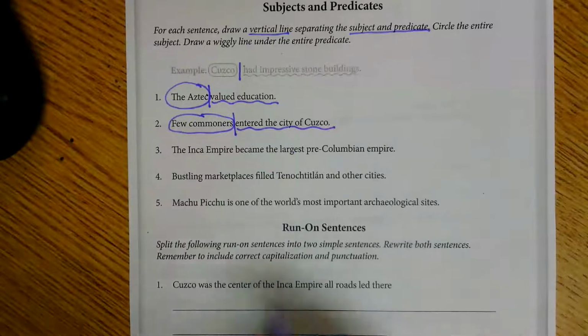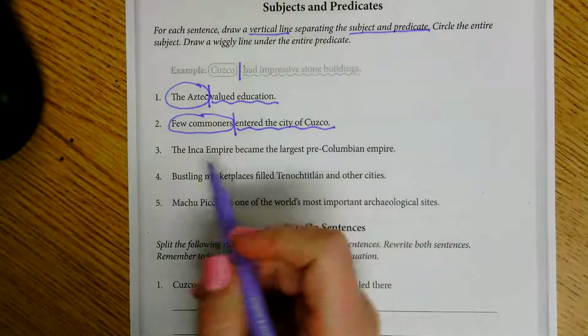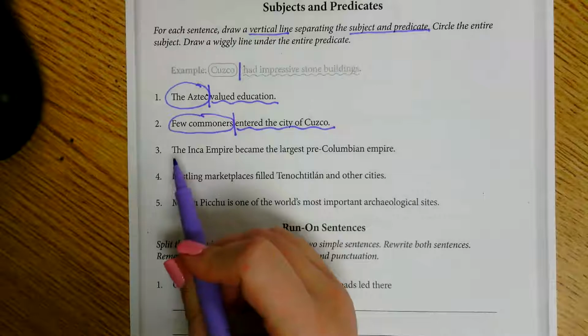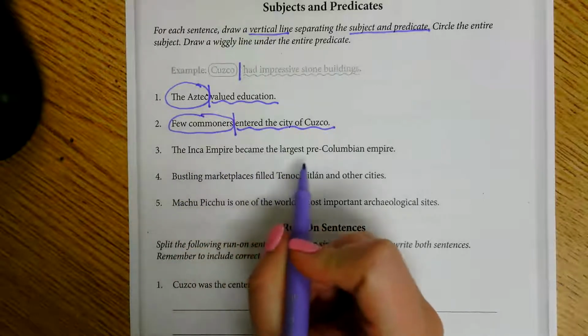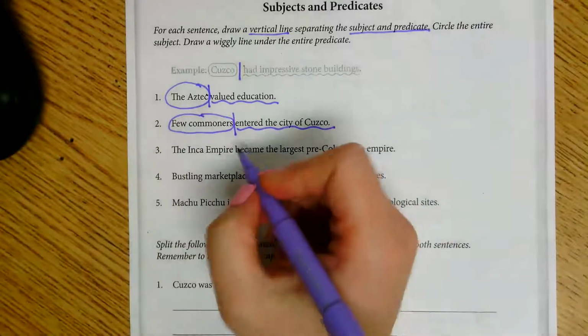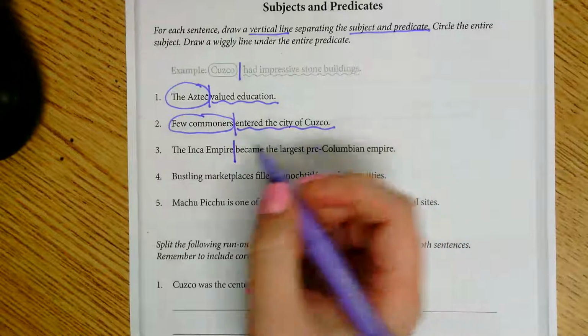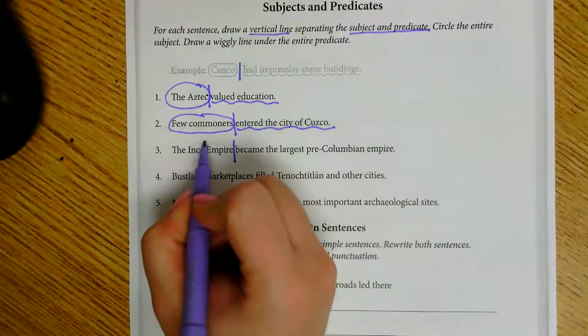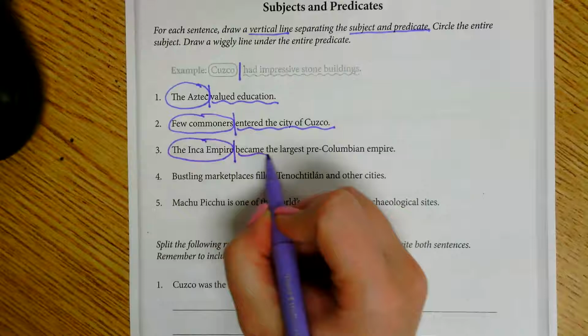Number 3, the Inca Empire became the largest pre-Columbian empire. All right, so I know that the Inca Empire is what my subject is about. Became the largest pre-Columbian empire is telling me what we need to know about the Inca Empire. So draw my vertical line to separate the subject and predicate, circling my subject, and drawing a wiggly line under